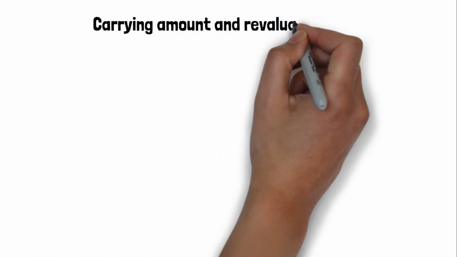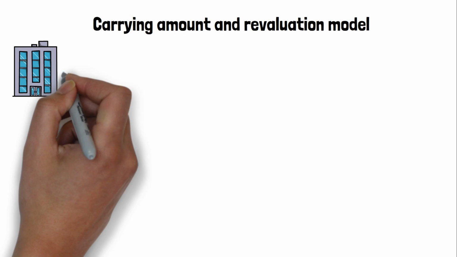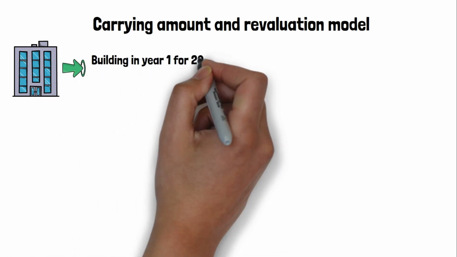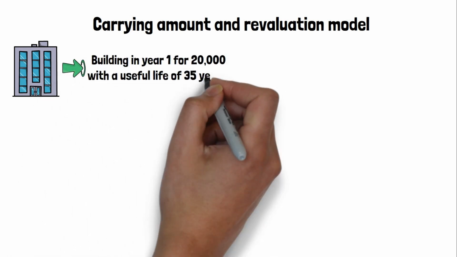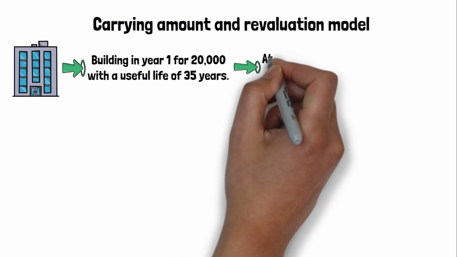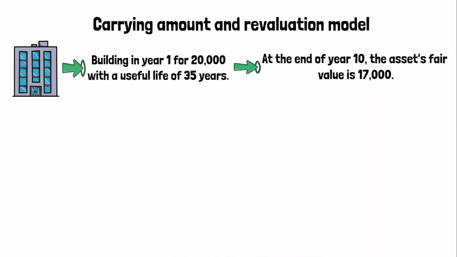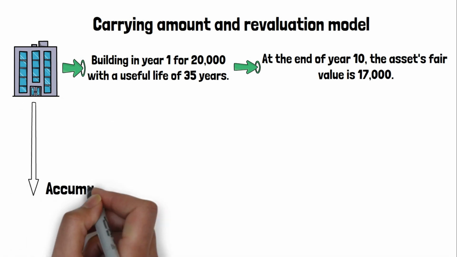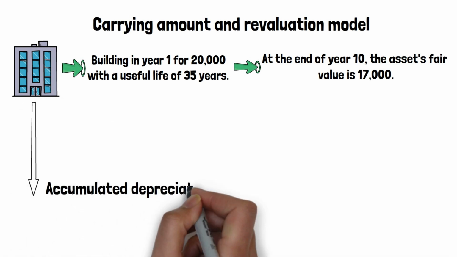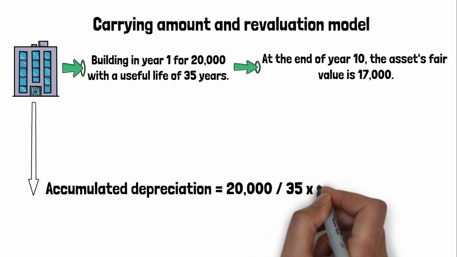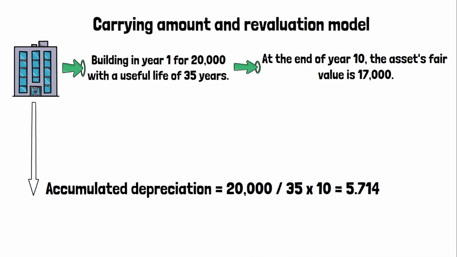Another factor that can impact the carrying amount of an asset occurs when an entity has a property, plant, and equipment that it measures in its subsequent measurement at revalued cost. For example, an entity acquired a building in year 1 for $20,000 with a useful life of 35 years. At the end of year 10, the asset's fair value is $17,000. As you might imagine, we also need to calculate the asset's carrying amount at the end of year 10. This results in a carrying amount of